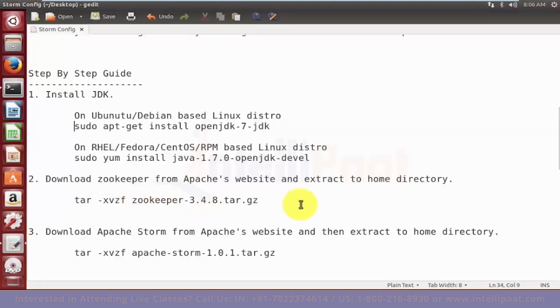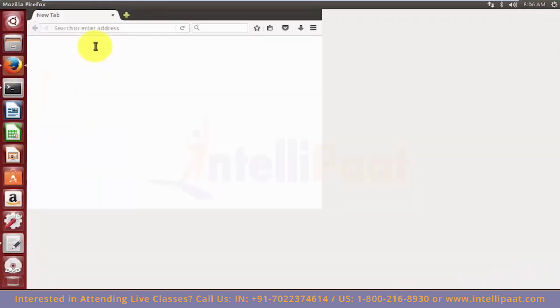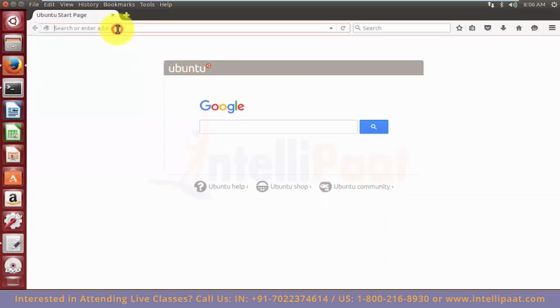Zookeeper from the Apache's mirror. Also, we need to have Apache Storm downloaded. So to do that, you can simply scroll onto web, and because these are freewares, you can simply Google